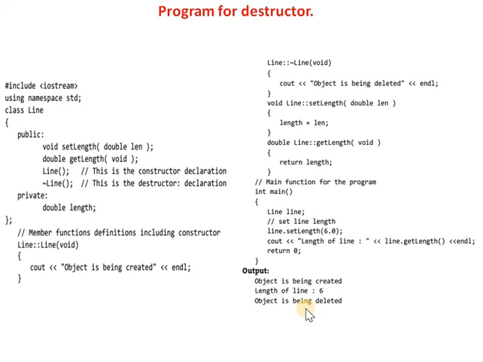In short, destructors in C++ are member functions in a class that delete an object, and they are called when the object goes out of scope, such as when the function ends, the program ends, or a delete variable is called. Also, destructors have the same name as their class, and their name is preceded by the tilde symbol.